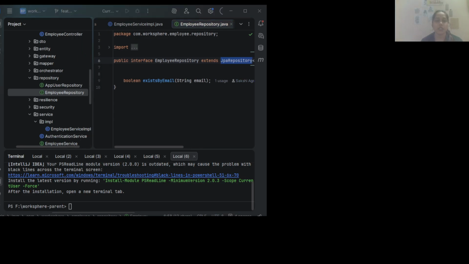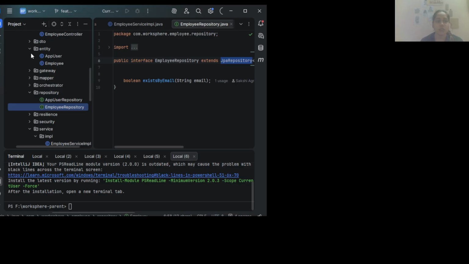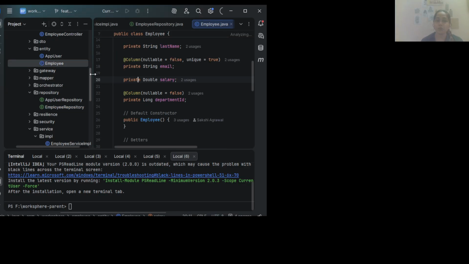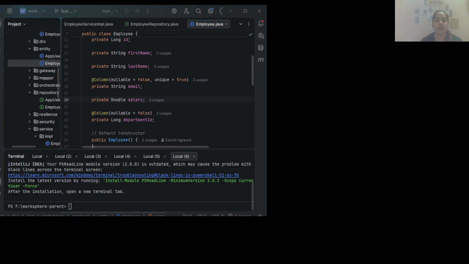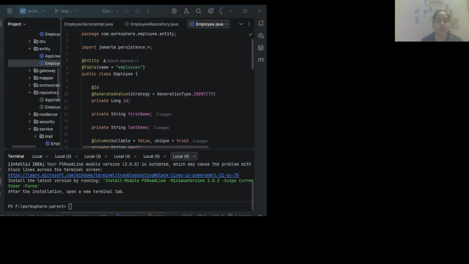To connect with the database, we need a particular blueprint, or representation, of how the data should be structured in the database, the data which you want to communicate with the database. This comes inside the entity layer. An entity is nothing but a class, defined here as the employee class. Similarly, we have these for each of our respective modules. So this is the entity class. We are annotating it with @Entity. We will see this in the upcoming session.